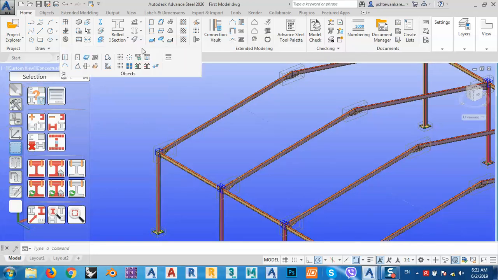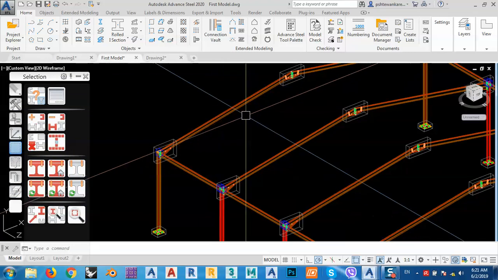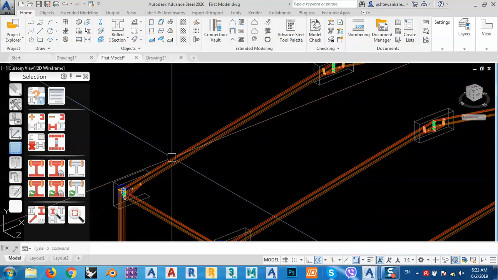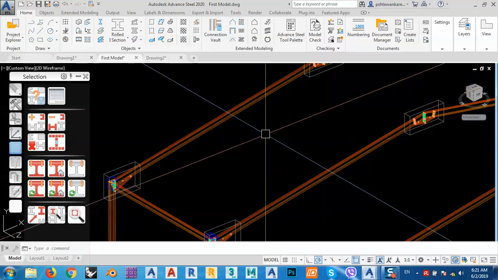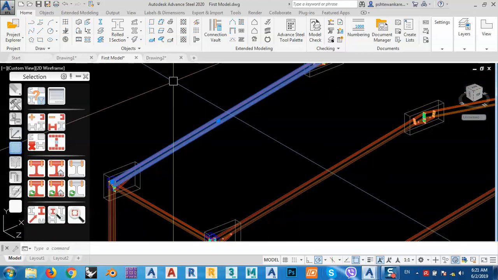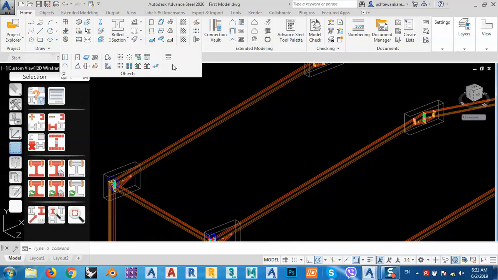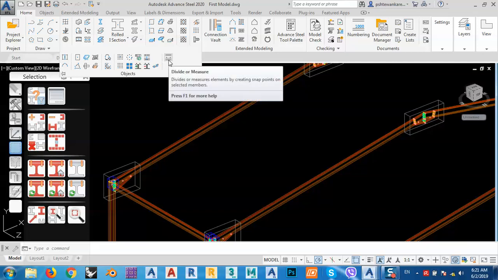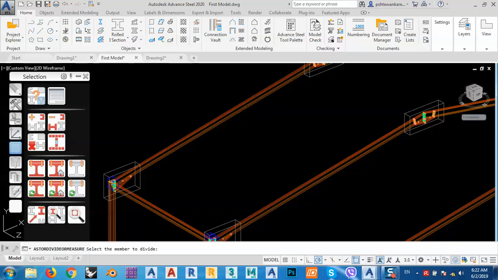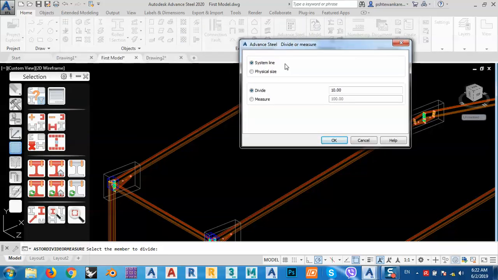As you see, we have many things here. We have objects, we have everything, but first of all, let me go to wireframe mode, and I want to put eight parallels here. How can I do it? I can just go to objects from here, and I can divide here, divide or measure. By selecting the element, it will ask me: do you want it from the system line, which is this red line, or do you want physical size? The physical size is